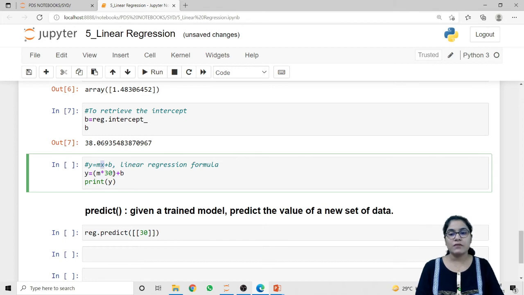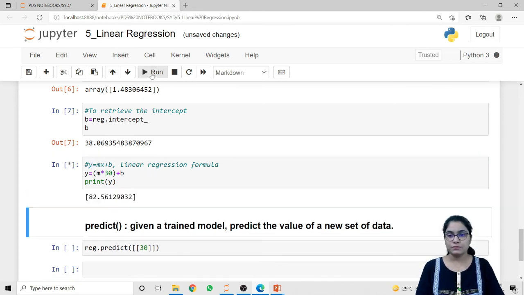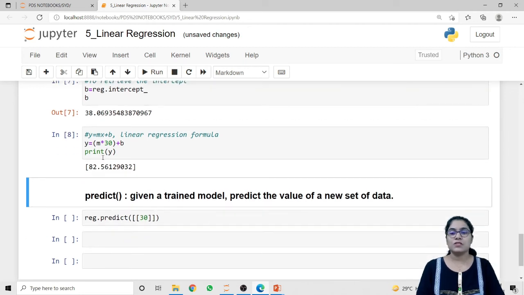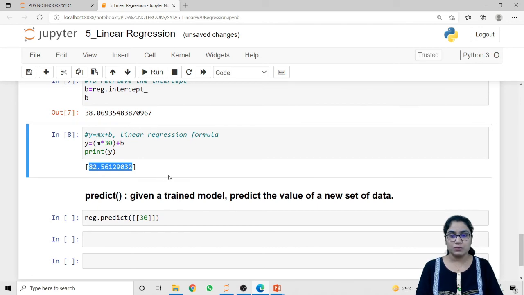When I pass the value for x, it will predict the value for y, which is the value of our dependent variable. So let's run this code. You can check here that it returns 82.56129032, which is the value of point based on the value of age that we have passed here.